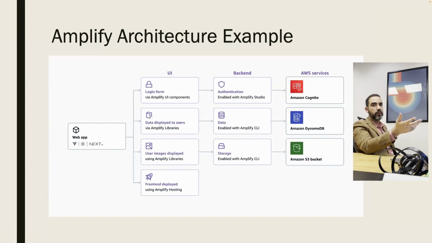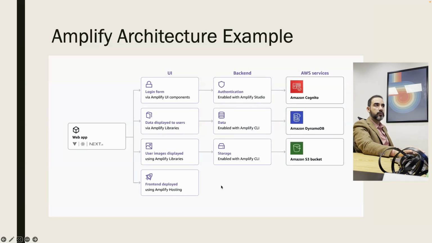I mentioned Cognito, right? Once you are able to create a Cognito user pool in the backend, you need to connect your application front end to Cognito, right? Amplify is going to provide you libraries for that. It's going to make it easier and faster for you to integrate Cognito